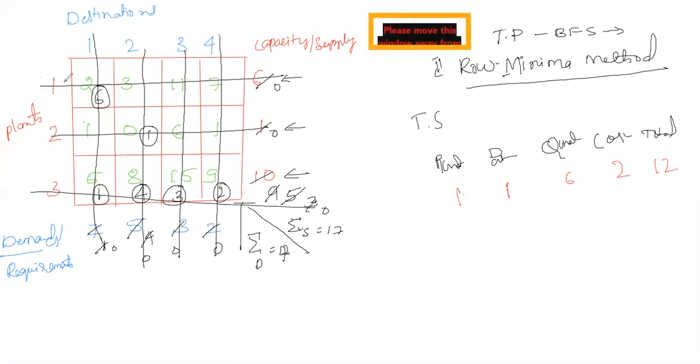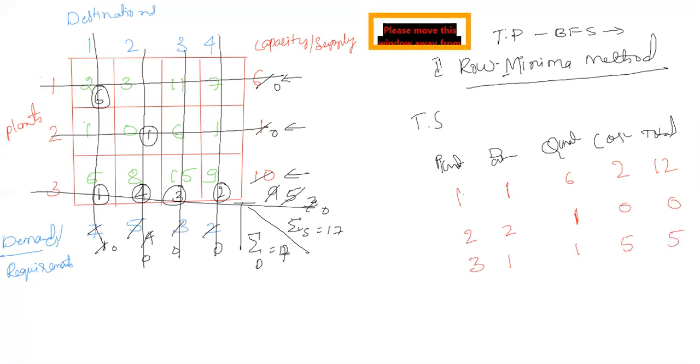Okay, next from the second plant. 2 comma 1 no, and 2 comma 2 is there, from the second plant to the second destination. So we are supplying one quantity, the cost is 0, so the value will be 0. The meaning is there will be no cost for the transportation. Next is from the third plant to the first destination, one quantity, the cost is 5. In this table, the green color indicates the cost, and the black encircled numbers are the quantities.